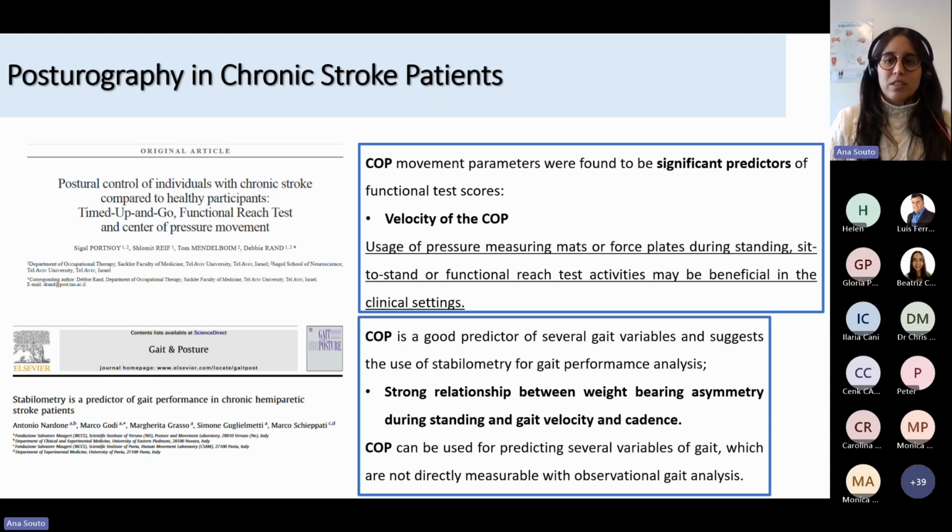Their data showed a negative association between the center of pressure position in the mediolateral plane, so an asymmetric stance on the mediolateral, and gait position, gait velocity, and cadence. So